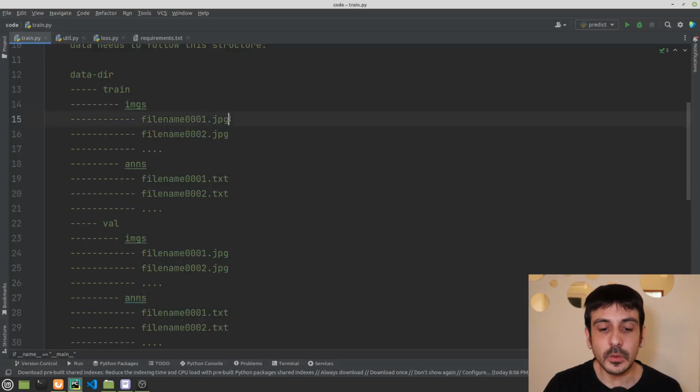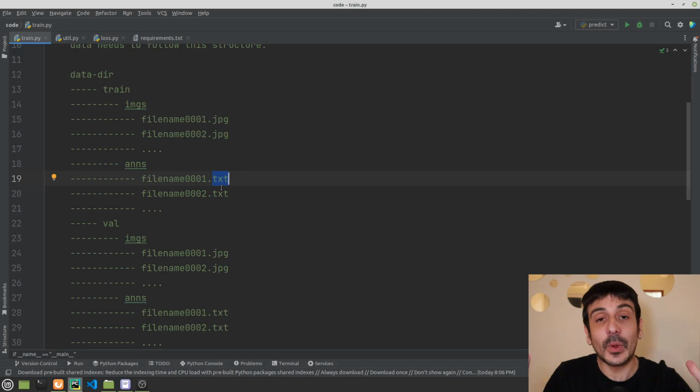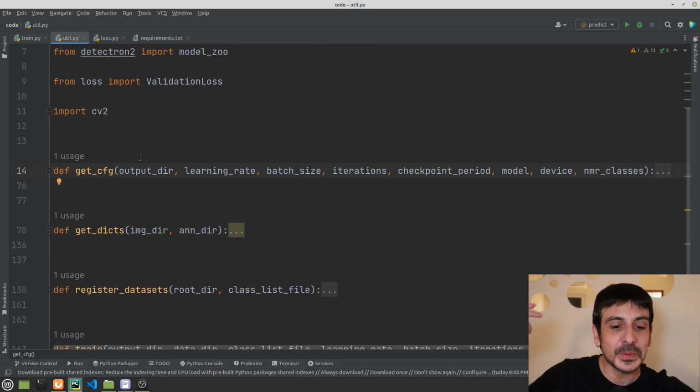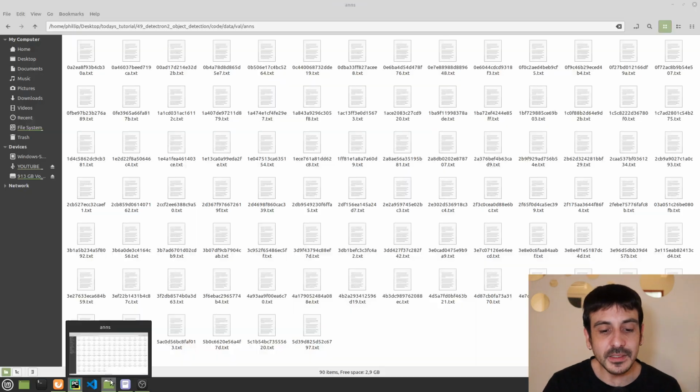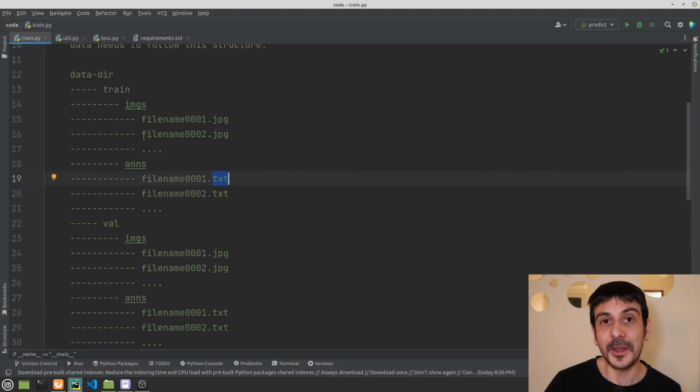And then for absolutely every single image in this directory, we have an annotation file in this other directory with exactly the same name, but a different extension. This is very important, and please remember to structure your data, your file system exactly like this, otherwise nothing is going to work, because all the functions in this file, which handle all the parsing and reading the data and getting the annotations and so on, are expecting the data exactly like this. So please remember to structure everything as it's described in this docstring, otherwise you are going to have issues in this training process.